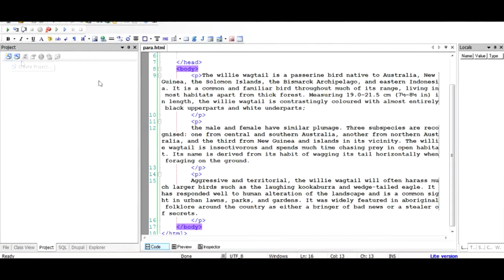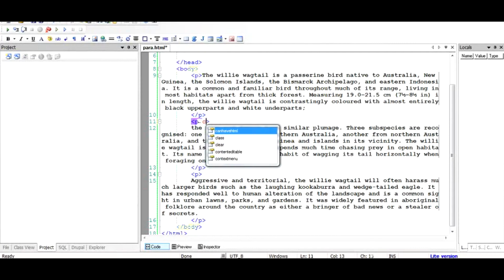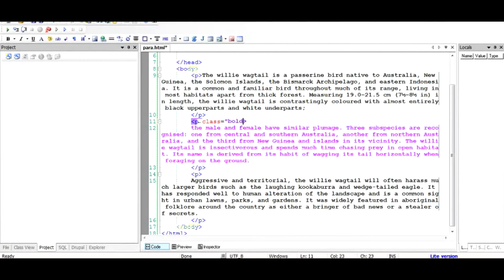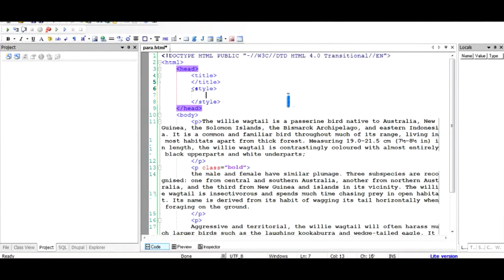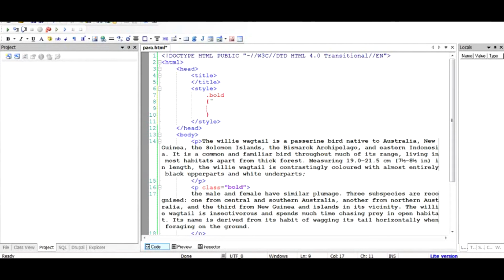Sometimes we want to make a paragraph bold. To do that, we need the help of something called an id or a class. So we'll add a class and call it bold. It's just a name, and up top we add a style, CSS code, and end it with slash style, and inside that we type in .bold. Dot indicates that it is a class, and we add the CSS,